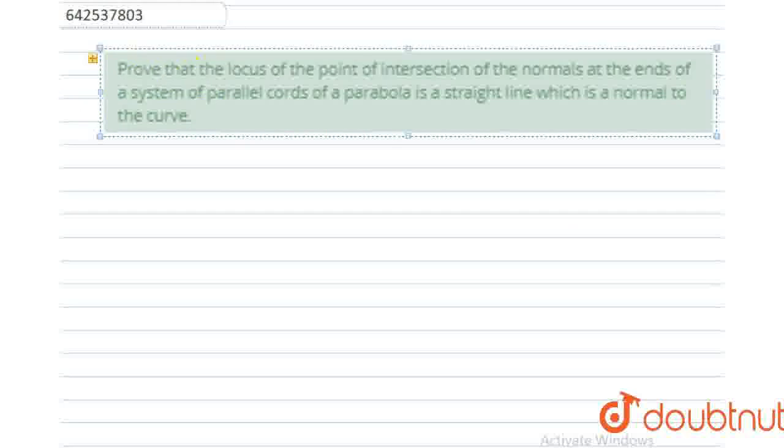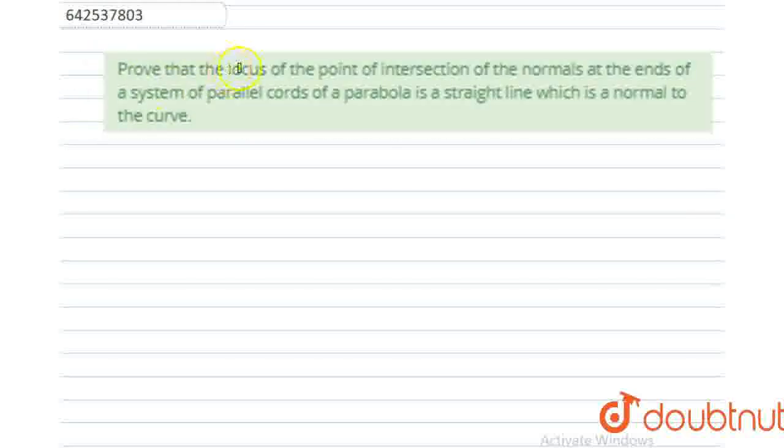Prove that the locus of the point of intersection of the normals at the end of the system of parallel chords of a parabola is a straight line and which is normal to the curve. So first of all, we can consider the chord PQ and join